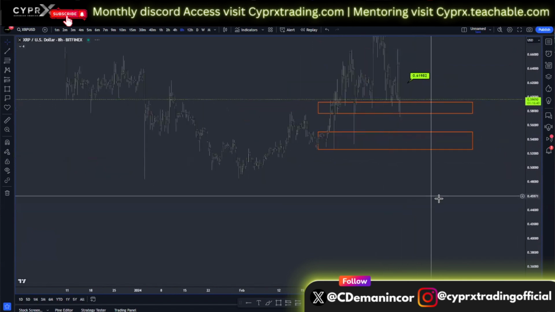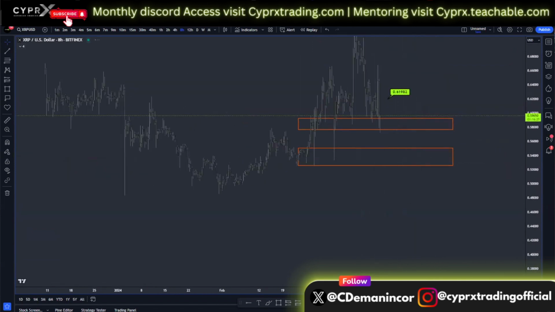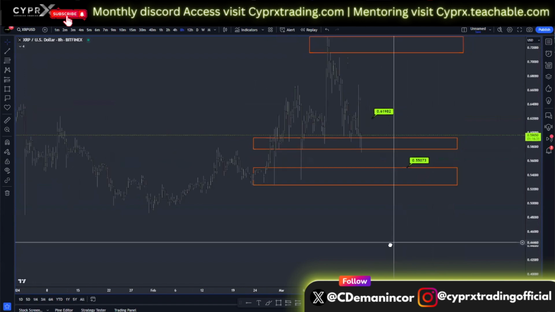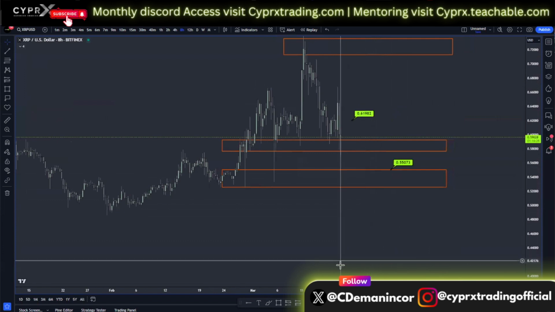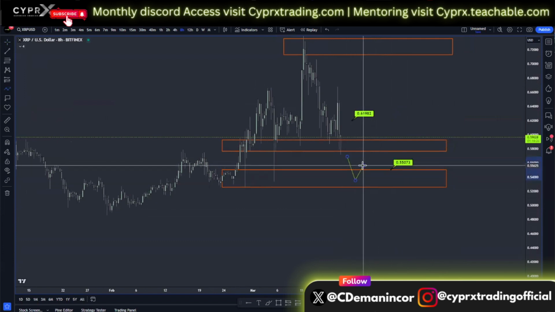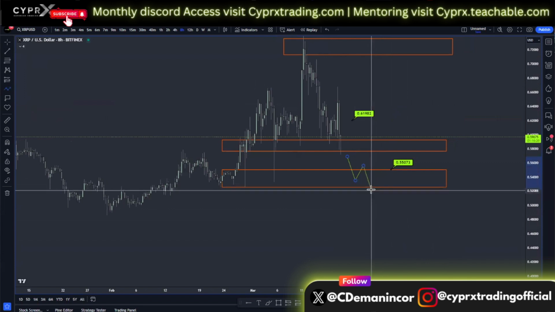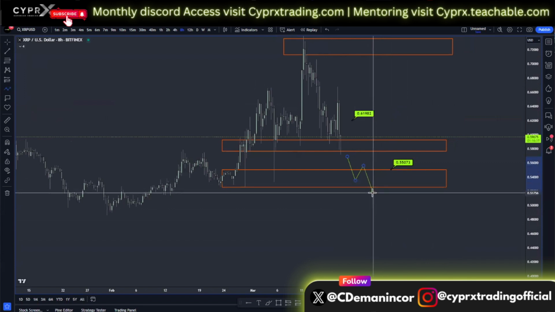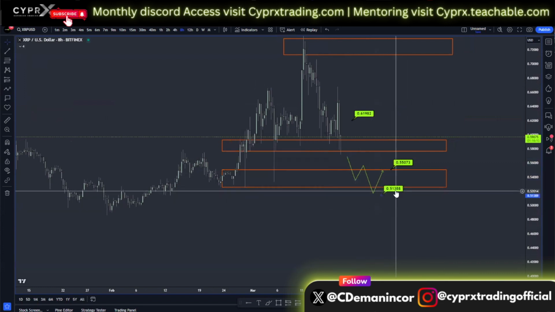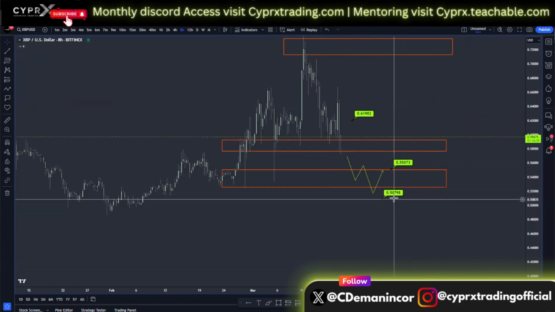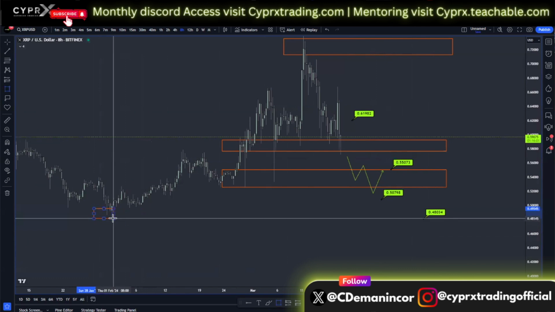So with that being said, if price can break below 55 cents on XRP, remember, we are looking for a deep retracement down into 55 cents. So if we can see price break below 55 cents and we see a less favorable risk-on market mood, i.e. a risk-off market mood driven by dollar strength, my next bearish target is going to be 50 cents. If at any point in time we break 50 cents, my next bearish target is going to be 48 cents to come back down and revisit these lows all the way from February 1st.